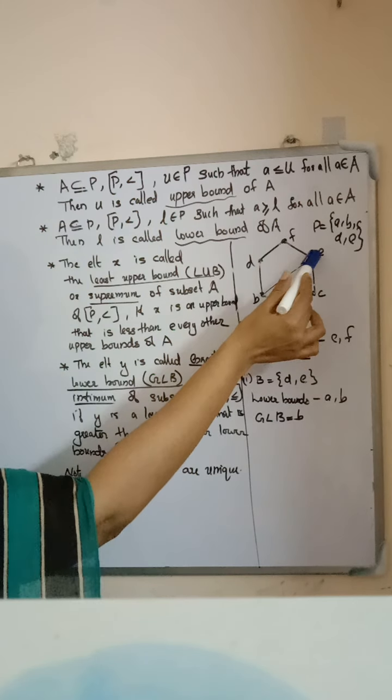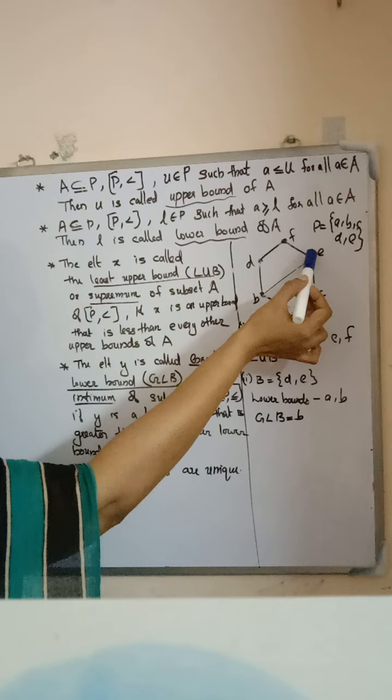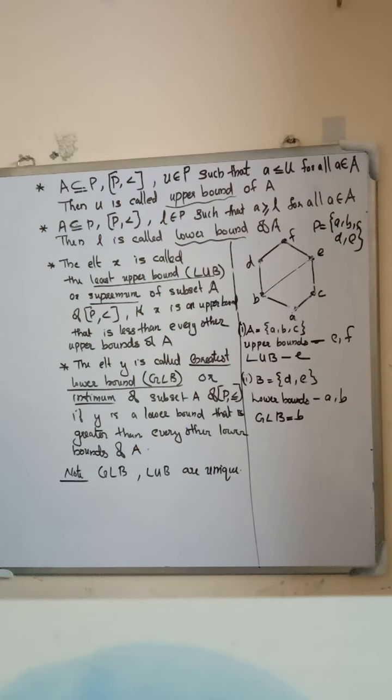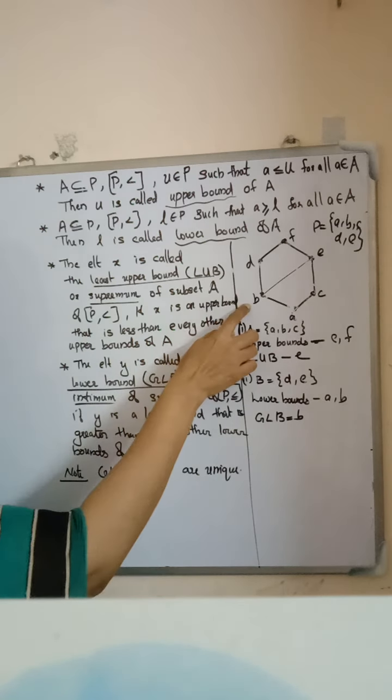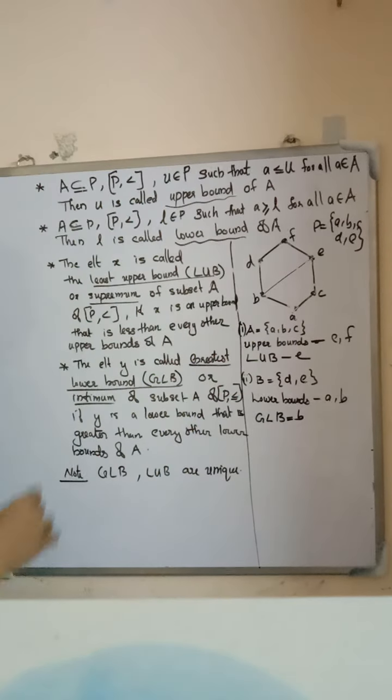Is A less than E? Therefore, by transitivity, A is related to C, C is related to E, so there is an edge from A to E. So A less than E. So A is also in the lower bound because A is less than B, D and E. B is also less than D and E. Also A is less than D and E. So A and B are in the lower bound.